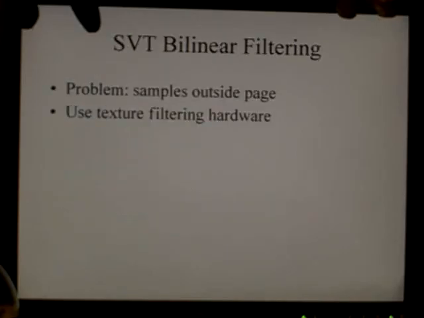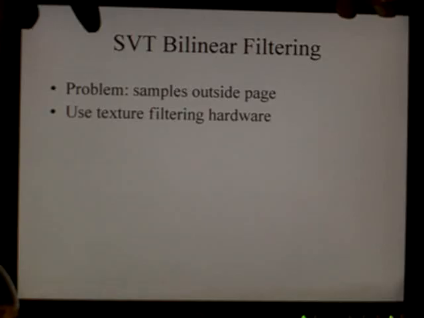Now, if I turn on bilinear filtering in my physical texture, I have a problem. That's not going to produce the correct result. Right along the edges of the pages, when I sample those, the bilinear filtering is going to start sampling adjacent texels. Some of those texels will come from the next page over. That next page over is totally randomly decorrelated from the actual page I'm in. So I'm just going to start blurring in this data that's totally irrelevant, not the right data, and you'll get lots of sparks